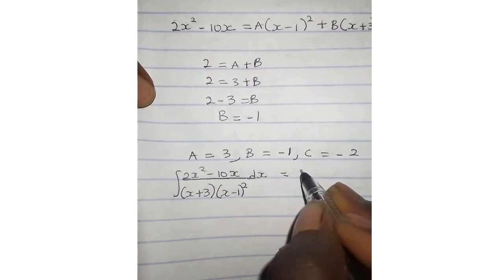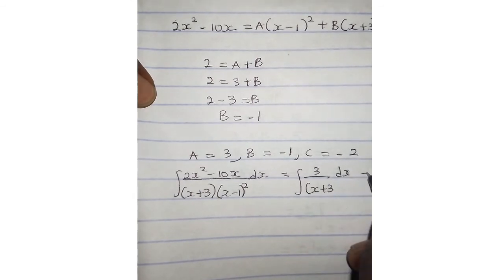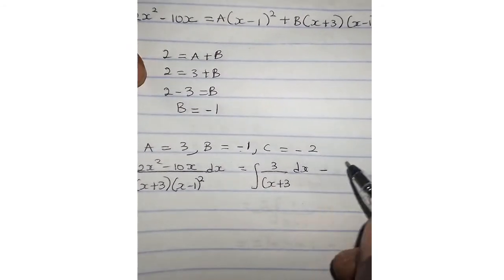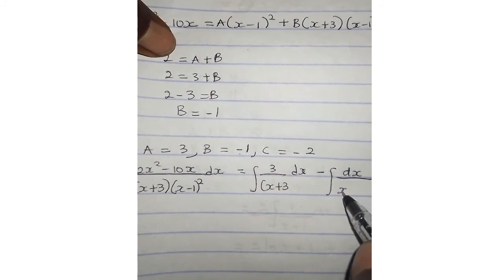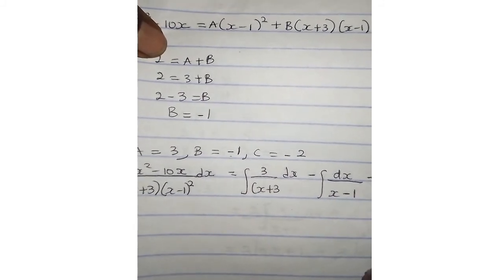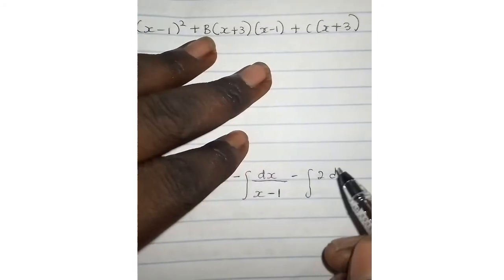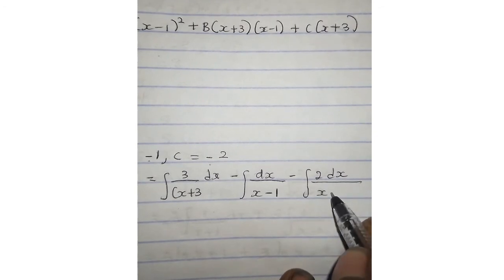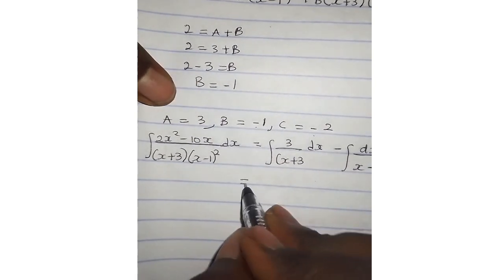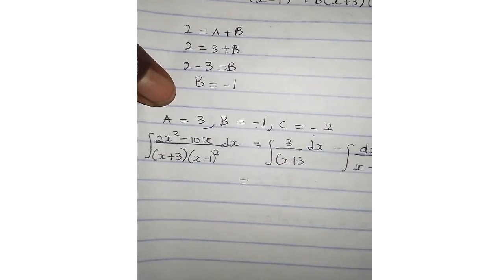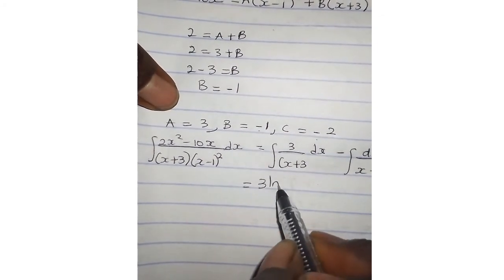It's going to give us the integral of 3 over (x plus 3) dx, minus, since it's carrying a negative sign, the integral of dx over (x minus 1), minus, since it's carrying a negative sign, the integral of 2 dx over (x minus 1) all squared. So now we can write this: since when we integrate 1 over x it gives us ln of x, this is going to become 3 ln of (x plus 3)